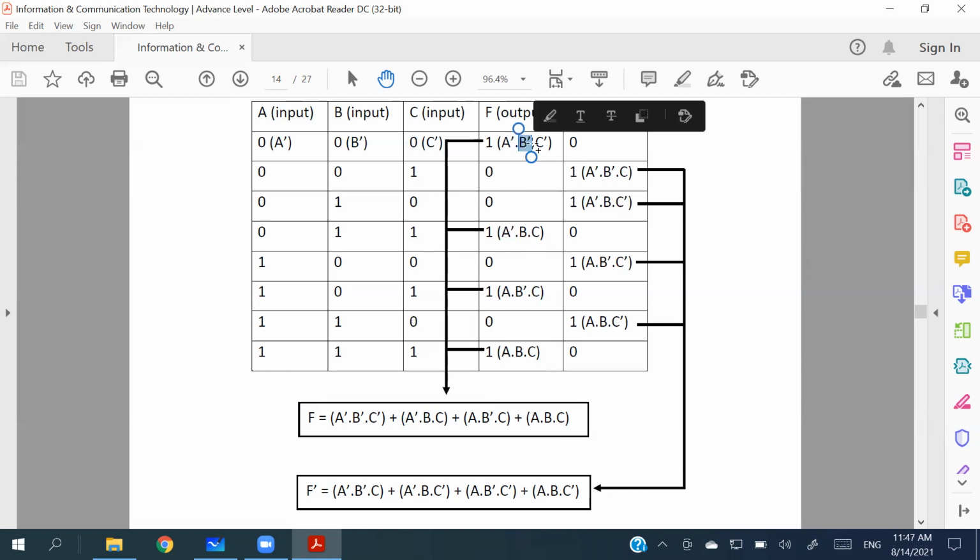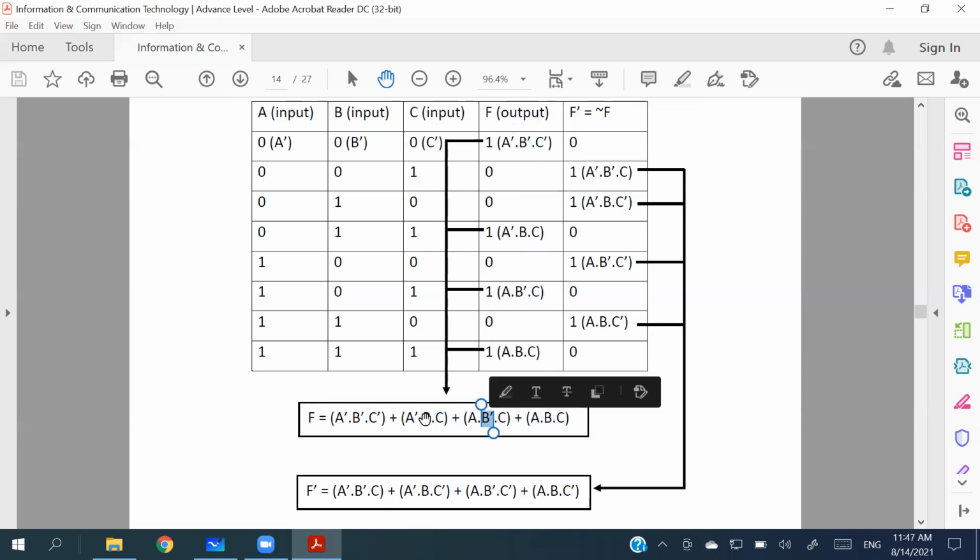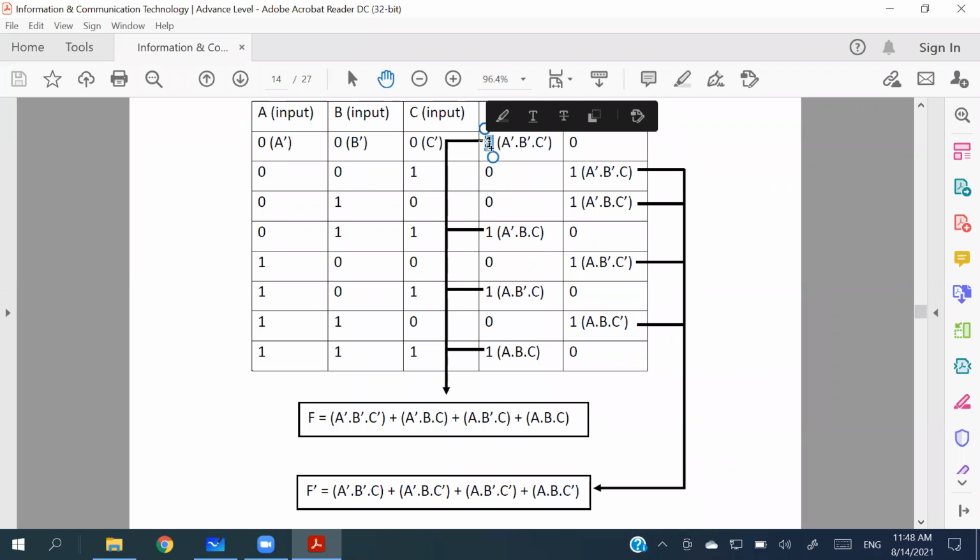Right? Then later those terms are connected using a plus. That is how sum of product is derived for this particular truth table, right? So we consider the 1. Now first let's talk about this particular one. Now this particular one has the combination which indicates 0, 0 and 0,